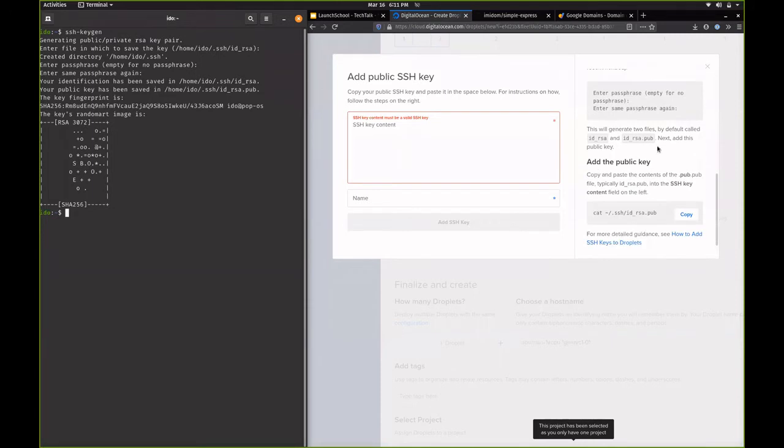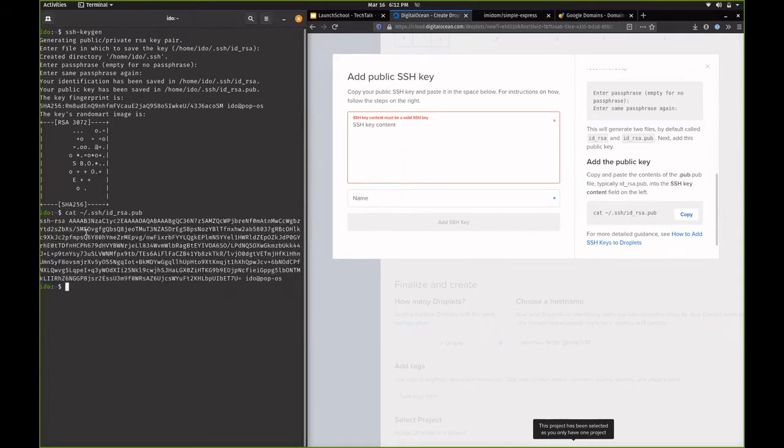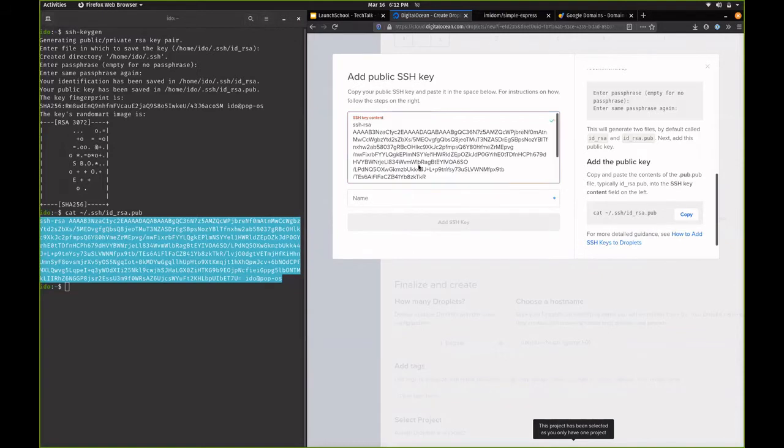So if we keep going down here, the last step is to give our server that we're about to create the public key that we generated from running this SSH command. So I'll copy that. I'll run it again in my terminal. And you can see here that cat just displays the contents of the file that we're passing in here. So this is the name of the file that was just generated. So I'm going to copy all of that, paste it into here,